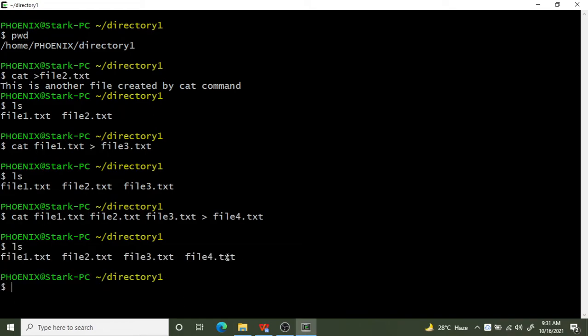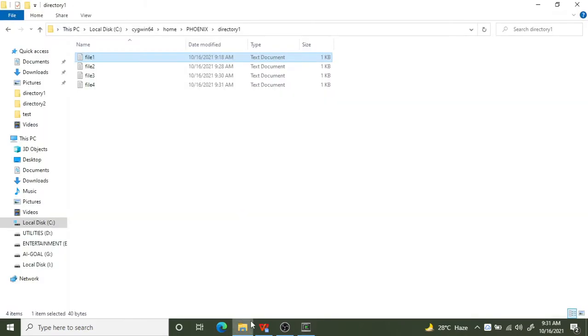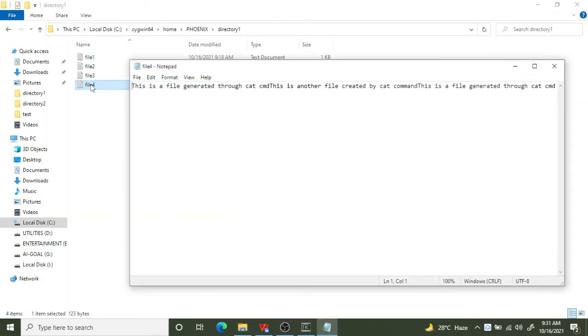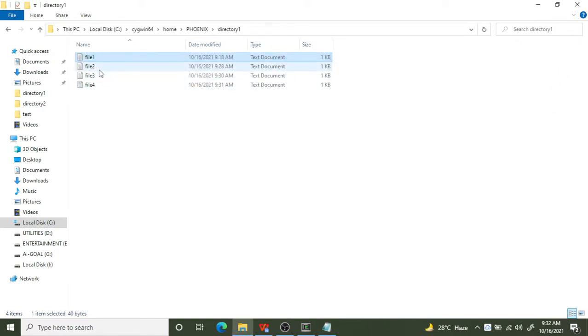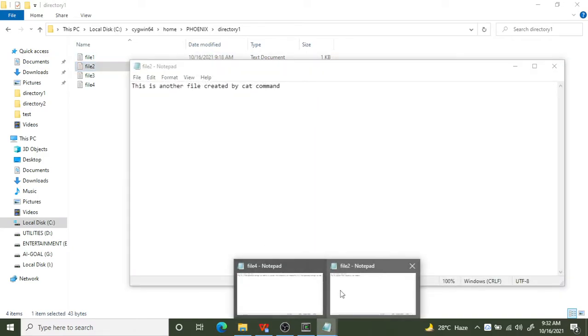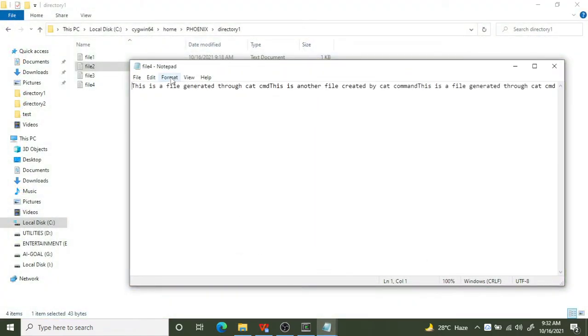Can you see the file4.txt got created here? So let's go here and see what is the content of this file4.txt. If you see this file4.txt, it contains all the content from file 1, then file 2, file 3. Okay, so from file 1 it got, this is a file generated through the cat cmd. This is fine. Then now the second line is what,